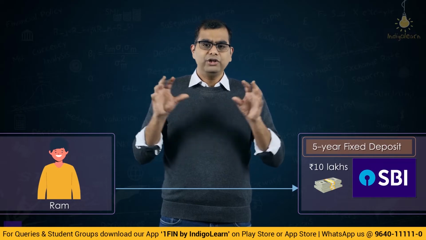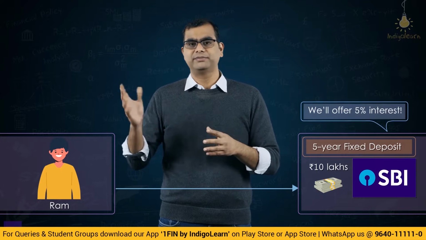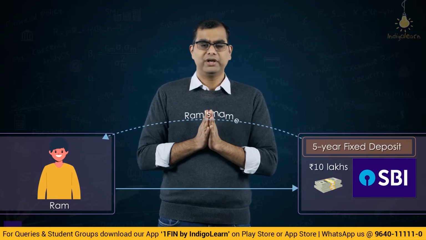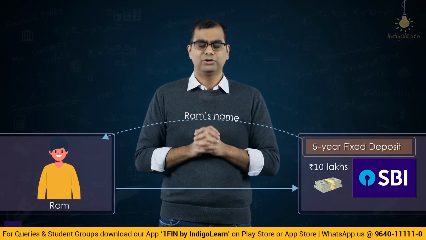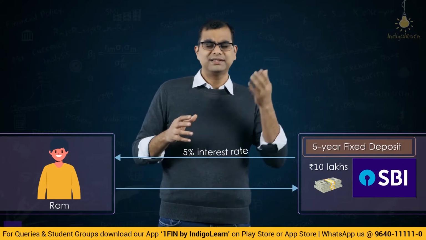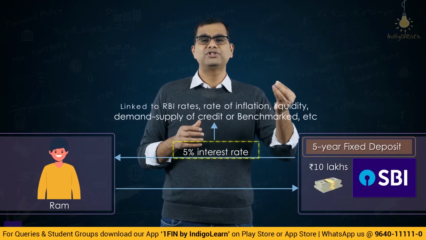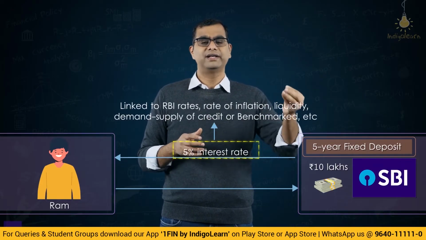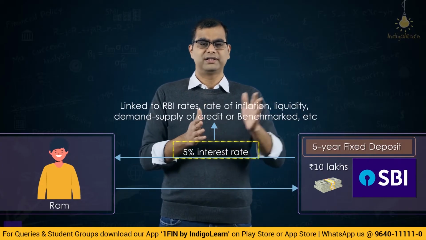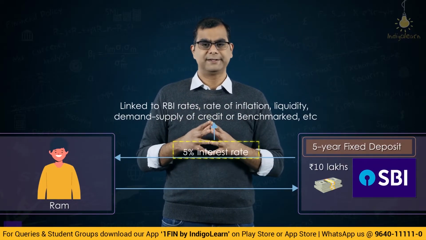See, when you were depositing with SBI, SBI said 5%, and you accepted 5%. Let us say this fixed deposit is only in your name. Now, when SBI gave you that 5%, they had some working at the back of their mind. They would have benchmarked it to some rate. Let us say RBI rates are hovering around 3%, 4%. They would say, given that RBI rates are here or my cost of funds is this, I will want to offer you 5%, correct?